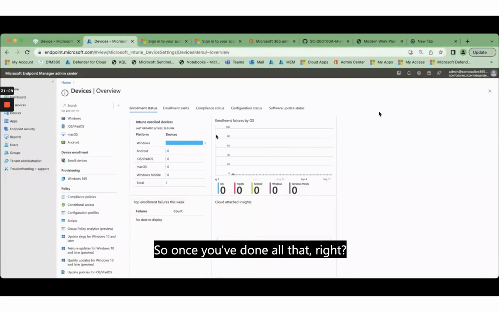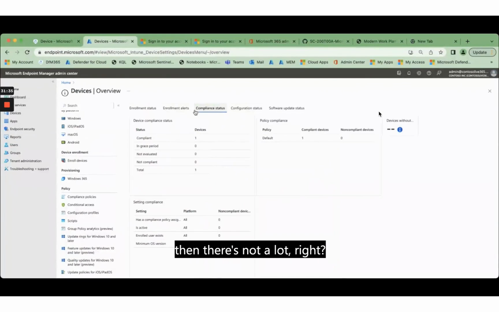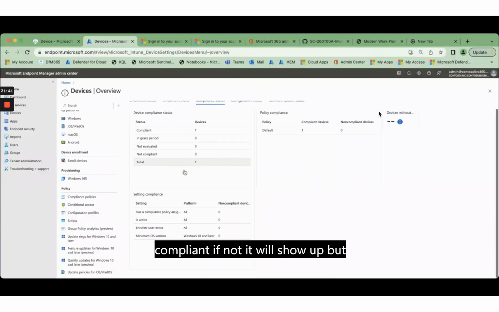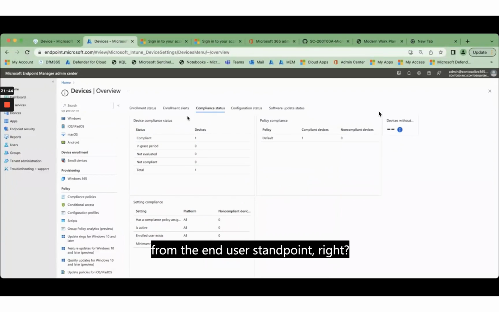So once you've done all that, how will it manifest? If everything is good, then there's not a lot. You will just have a green status overall, and it will say that, yeah, it's compliant. If not, it will show up. But from an end user standpoint, if I sign into my laptop or a VM, how it